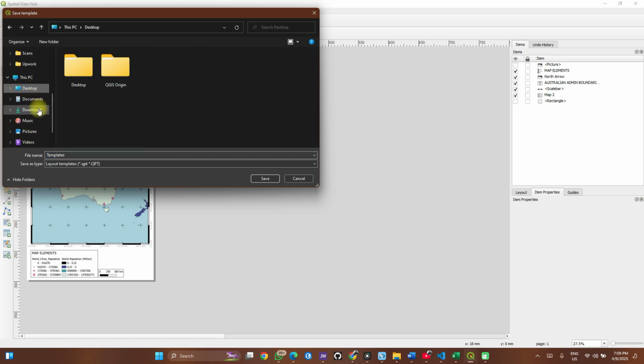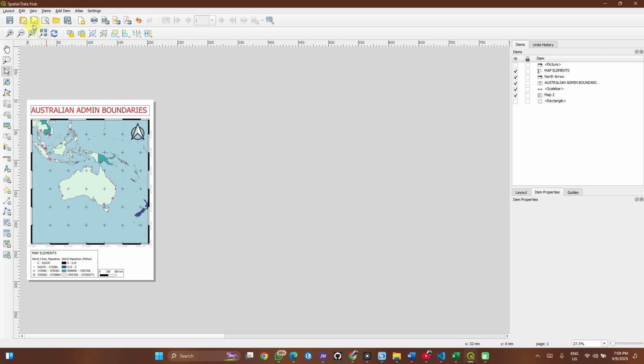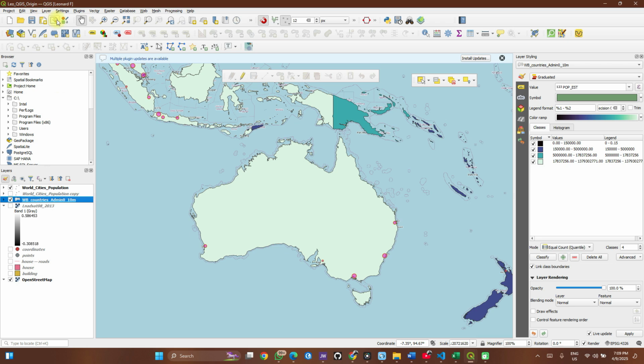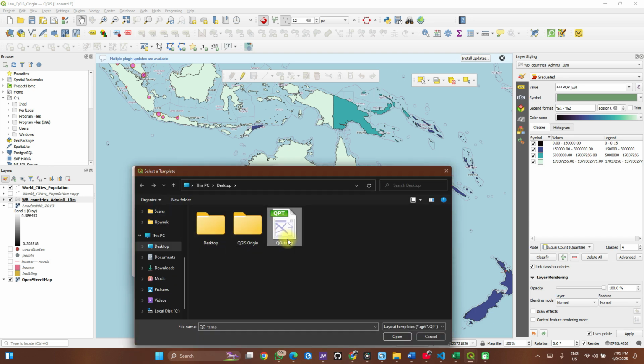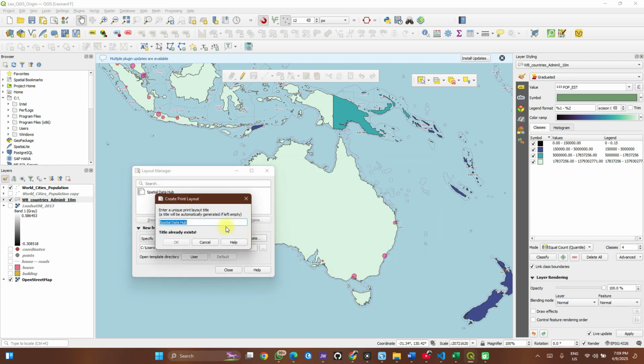The idea of saving this map as a template is that QGIS origin templates. I want to save this. Let's say we want to work on a new project, okay? Let's say we want to work on a new project. You can click here, like I showed you earlier, click on specific and navigate to the directory where it's saved and open templates, create new,